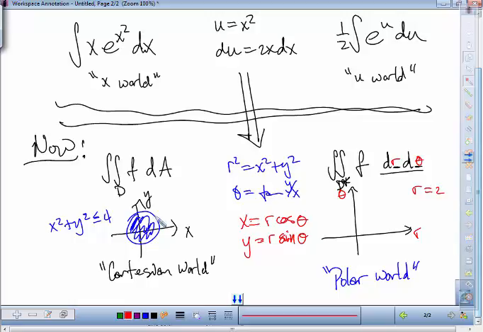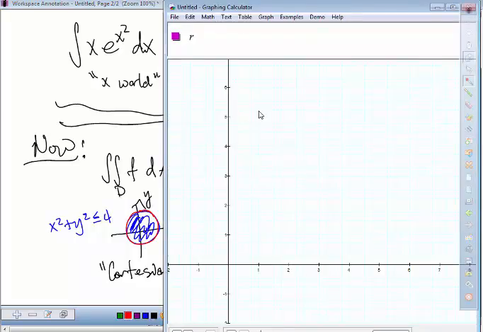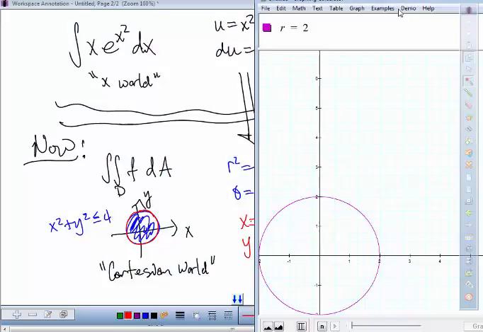Now R equals 2 just kind of gives me this outer part of the circle. When I just say R equals 2, I kind of have to be more specific, right? Because if I do that in my graphing program and just say R equals 2,